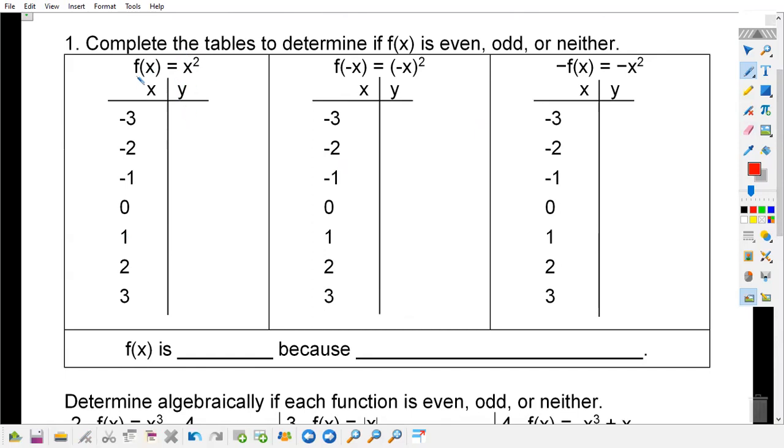What is the degree of x squared? So it's a second degree polynomial, right? Because it's a second degree polynomial, that means in theory, I should already know that this is possibly an even function, right? Because my degree is even. When you're analyzing the table, in order for it to be even, your f of x has to equal your f of negative x. So these two tables have to be exactly the same when you're plugging in the values, okay? If it was odd,